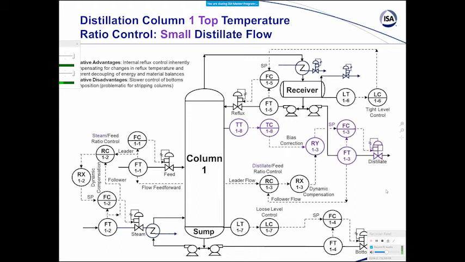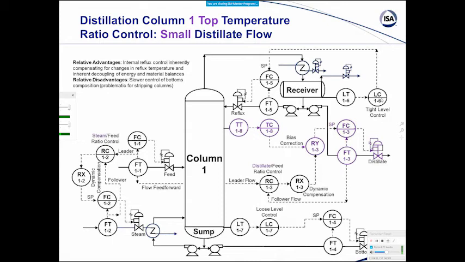the manipulated and control variables. And if we have a top temperature being controlled, it can be simplified to the point of thinking about whether that distillate flow is really small or not. If it's a very small distillate flow, the level controller can't really do its job by manipulating the distillate flow. It's just too small. So what it does is manipulate the reflux flow.